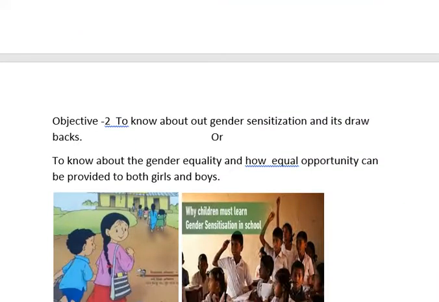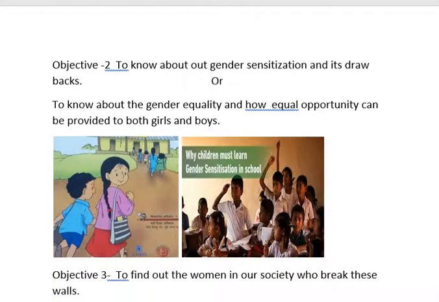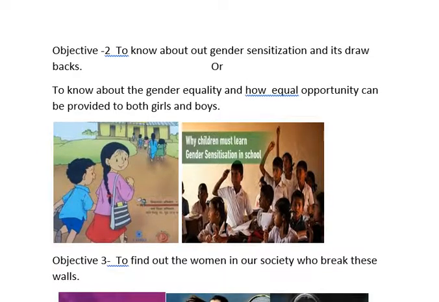The next objective or learning outcome is to know about gender sensitization and its drawbacks, or to know about gender equality and how equal opportunity can be provided to both girls and boys. You can show these pictures to the class and then open a discussion in the classroom, show them the situation of their classroom, and tell them that the situation of gender sensitization is improving day by day,